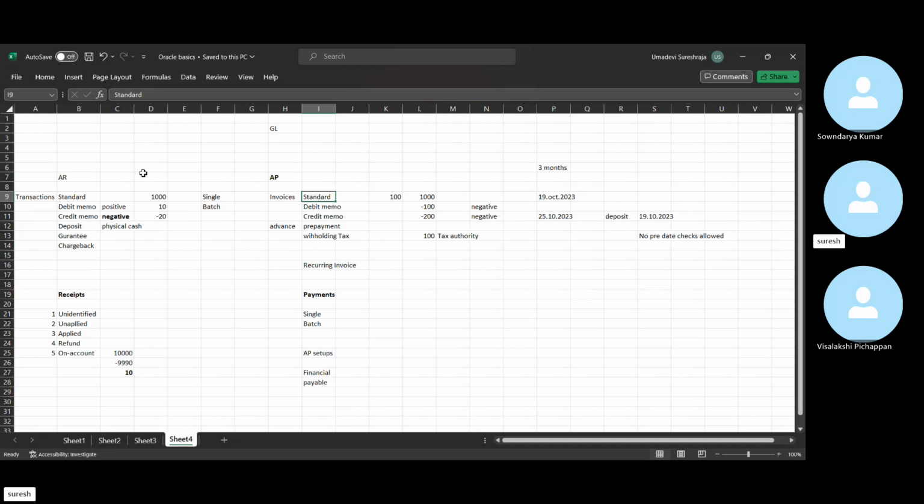Now we have seen the overview of payable, receivable, and GL. Another we'll see is fixed assets and cash management. Then next week we'll go into the